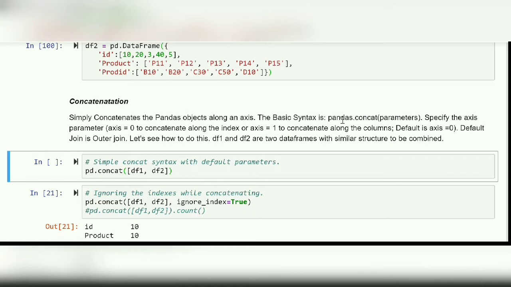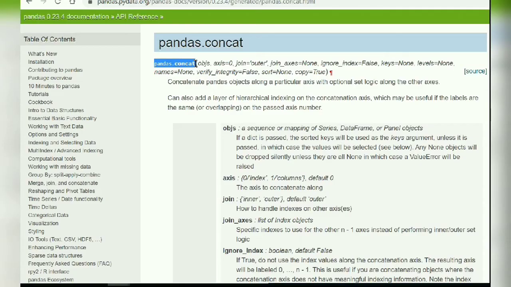Now, let's explore what these parameters are. So I am at pandas.pydata.org, which very well explains all the parameters associated with pandas.concat. As you can see, pandas.concat and then the objects, which are your data frames in this case, and axis equals 0 or axis equals 1.